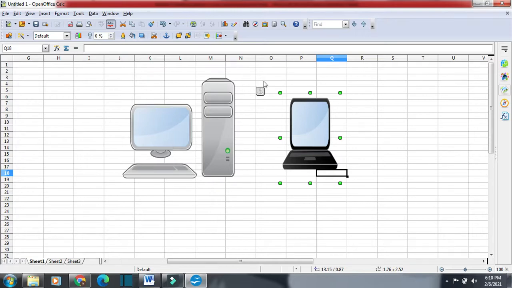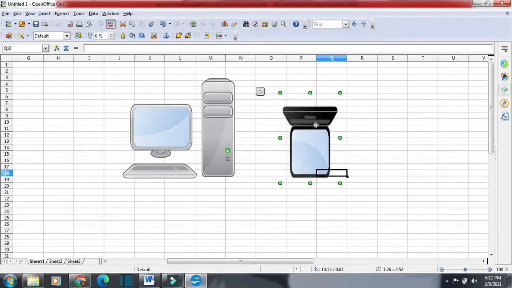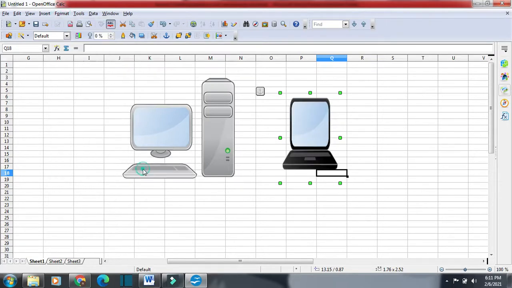So for that I will click on format and then select flip. So we have two options, flip vertically, flip horizontally. Suppose I am going for vertically first. See, the image got flipped 180 degree. It turned upside down. So if you want to make the image turn upside down, you will go for flip.